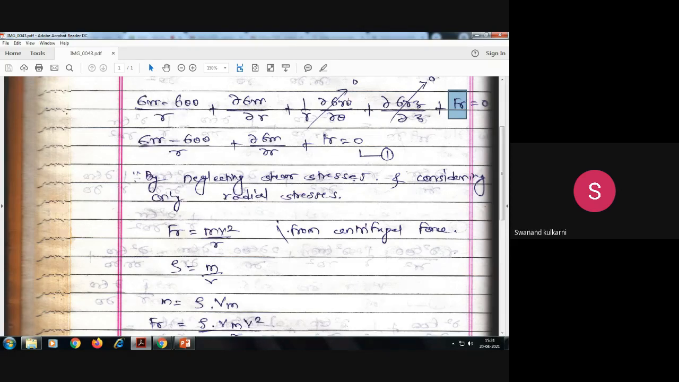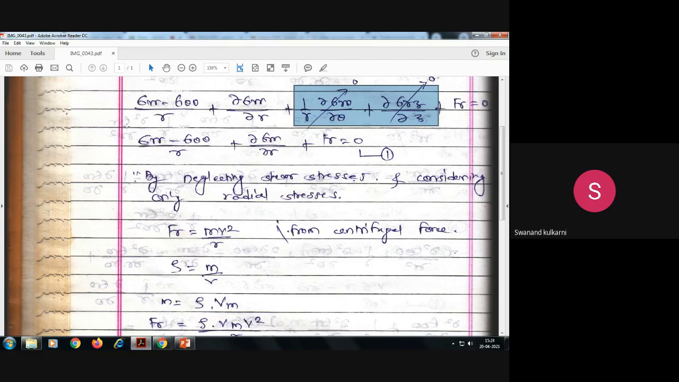So ∂σ_rθ, this component is related with the theta component. Another is the component related with the z, vertical component. So theta and vertical, these two components are not considered here. These two components are neglected here, okay? You can see the arrow and 0 written here, which means these two are neglected from this